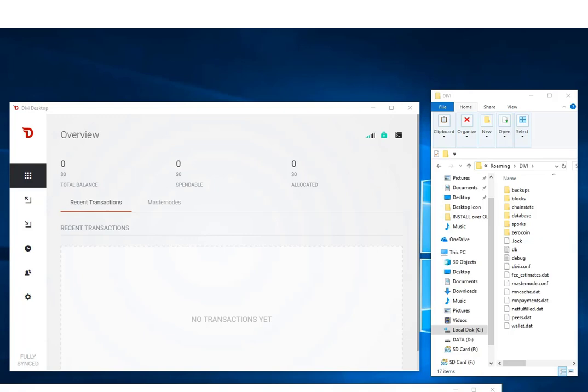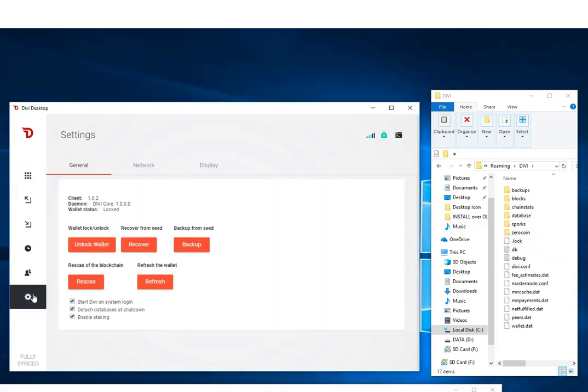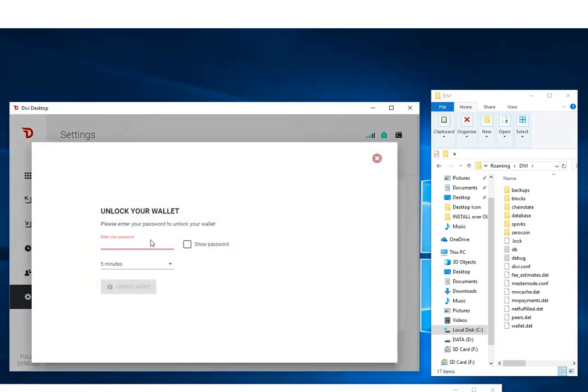All right, you see I've got a new wallet. It filled up all these folders and files, and the configuration and the databases are all rebuilt brand new, just as if I had a new wallet. I'm going to go ahead and go to my settings, and just to show you it's a completely different wallet, I'm going to hit my backup button again. I'm going to unlock the wallet